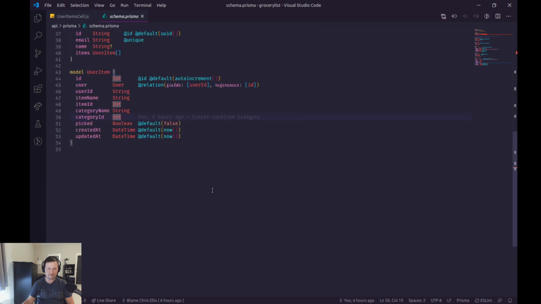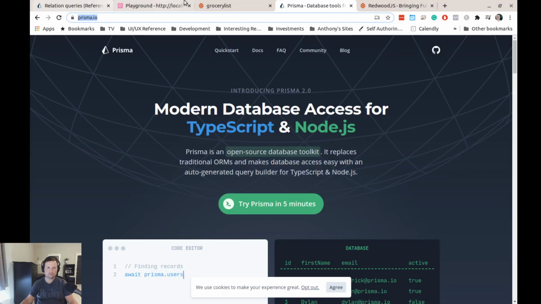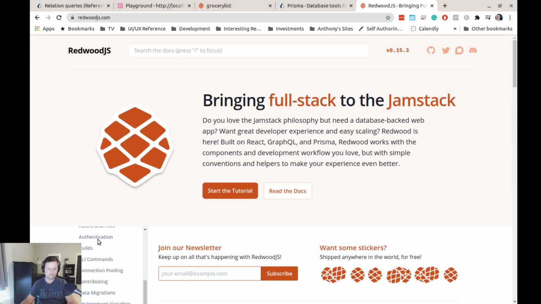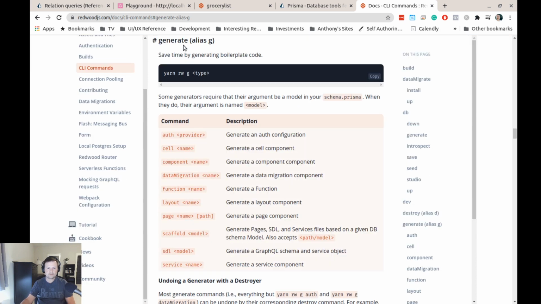So this file is used to generate lots of different things. So CLI is a good place to look at all the things that it generates. So they have a generate. So this is